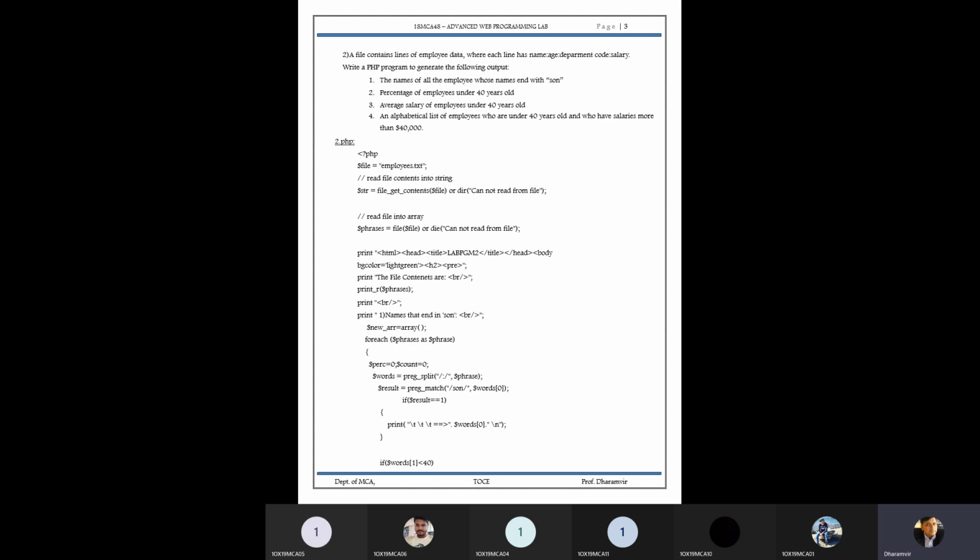So what is the first condition they have given? Name. Second condition, age. Third condition, salary for a particular age. And fourth condition, the employee having the salary and name. So these are the four conditions we are going to use. You have to create one file that contains all four parameters. What are the parameters? First one, employee name with end expression. Second one, we are going to use the file parameter. Third one, age. Fourth one, salary. Then we have to display an alphabetical list.